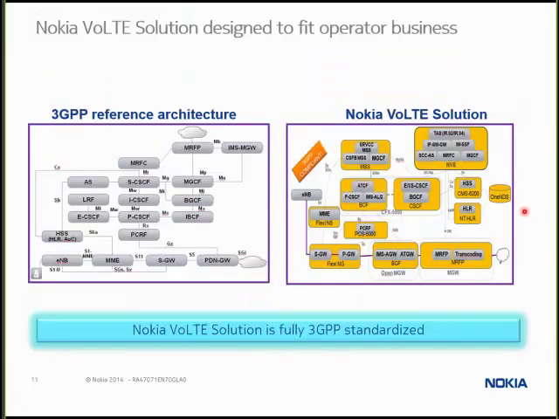Okay, so let's look at your question about 3GPP versus Nokia's implementation. The 3GPP breaks every little box, every little function into its own little box. So we have things like the serving call function, and actually if you look at that, there's 1, 2, 3, actually 4 versions of this serving call function. This is the controller that sets up our voice.